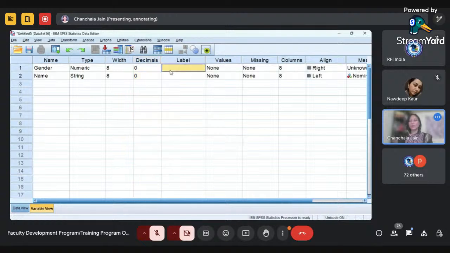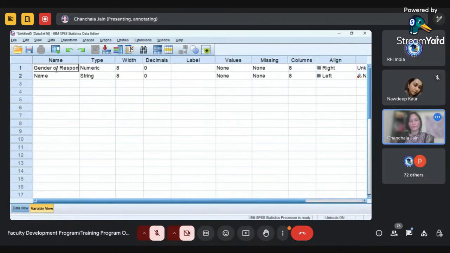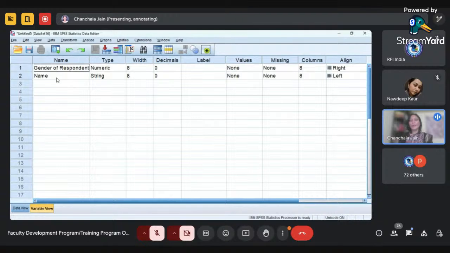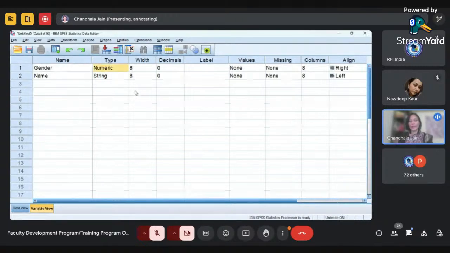Next is the label. One more thing I need to tell you here. Suppose I want to write here gender of respondent. I have written the name like gender of respondents, right? Now I am pressing the tab again. Again, you can find variable name contains an illegal character.